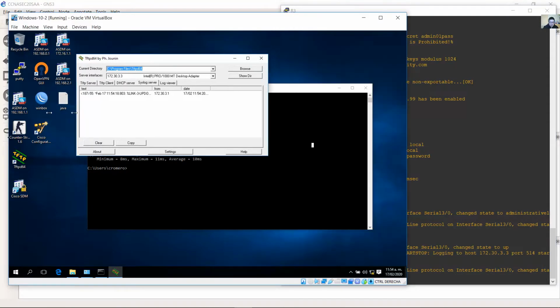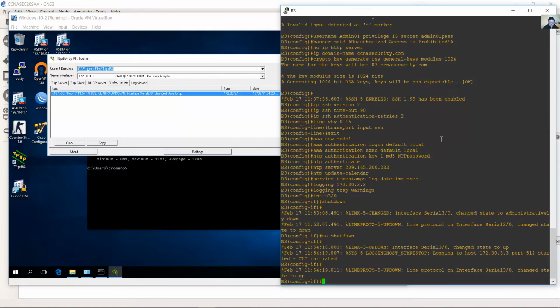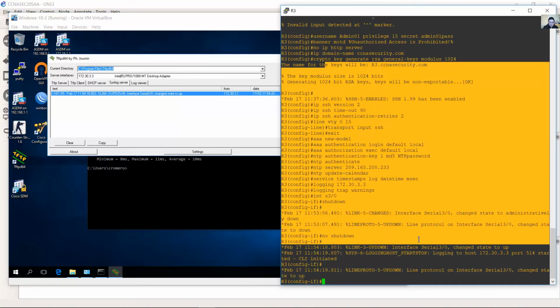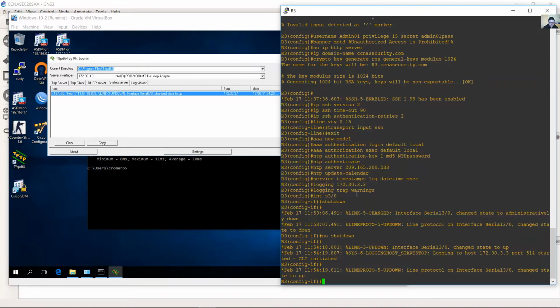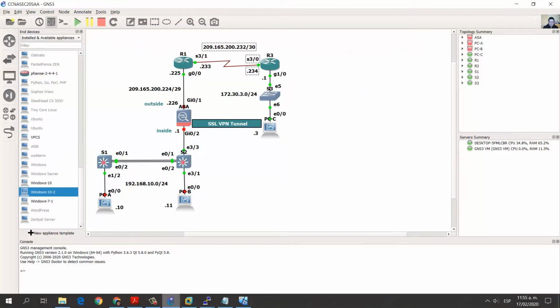Now you have the message serial 30 change its state to up. So the Syslog server is working very well. And obviously R3 is very well configured for Syslog. Very nice. Continue and